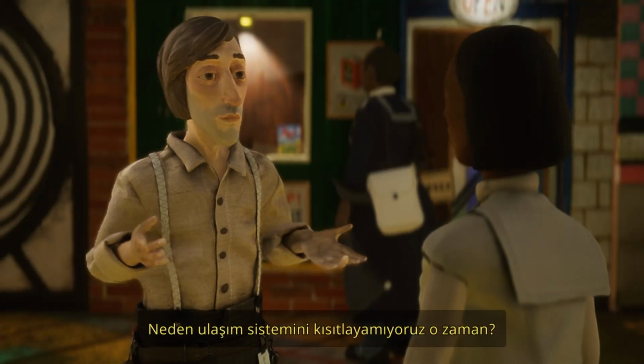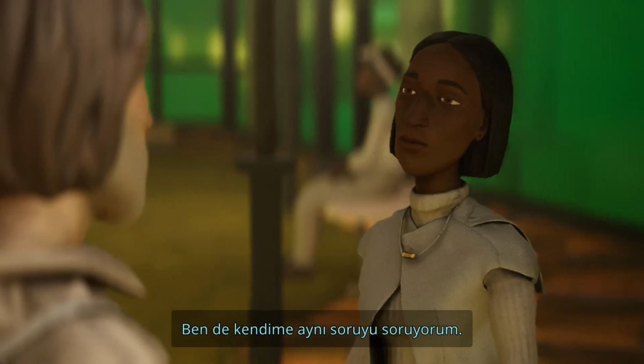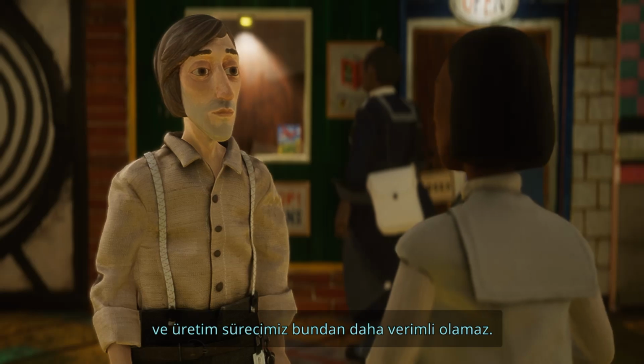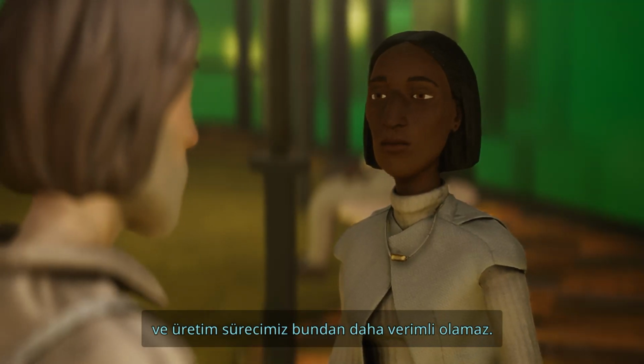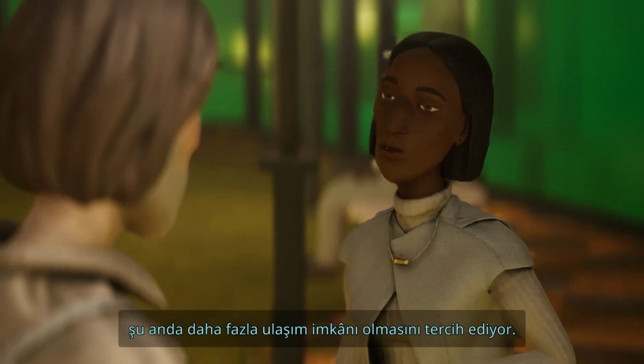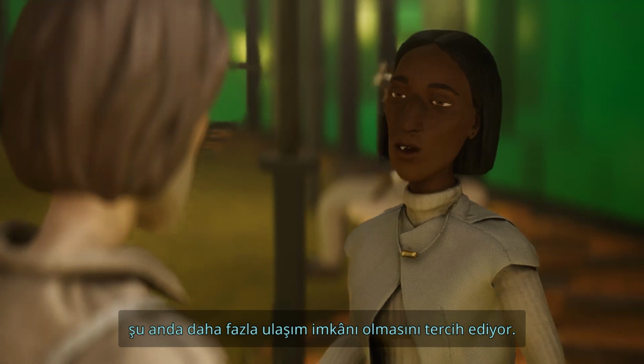Remind me why we can't just reduce the transport system? I asked myself the same thing. Every time we add some new upgrade or expand it, it eats up more energy. Our production process doesn't get any more efficient. Plus, when we held an anonymous vote about it, the majority of Fedorans said they'd rather have more transport now rather than more energy later. So...